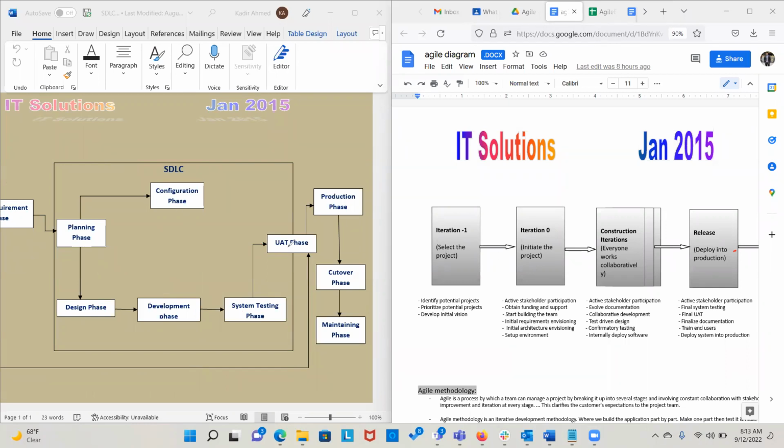Versus here, the client is sitting with you in every phase. Now they're working with you, and if they have an idea, they could tell you, hey, I know we talked about it, but can we change this? And if it's reasonable, we change it within that workflow. Now, the major difference between Waterfall and Agile: